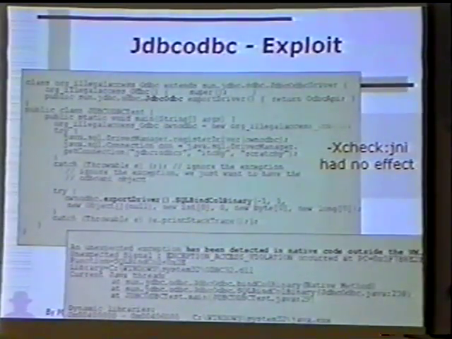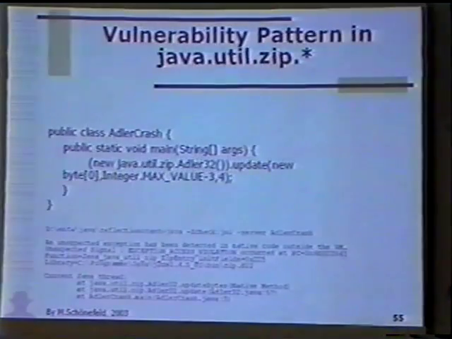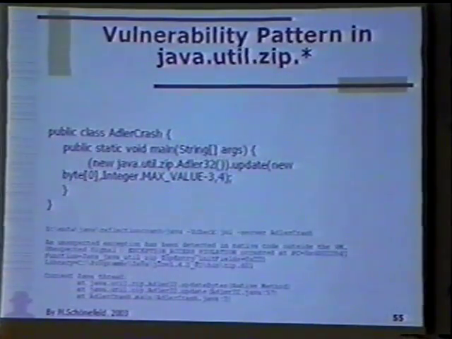And what is also not very nice is that the xcheck JNI parameter had no effect. It should somehow protect you against invalid parameters, but obviously it's not implemented in all calls to the JVM. Yeah, and these were all in an unsupported interface of Sun, of Java, but there are also vulnerabilities in the official interface, for example in the Adler32 object, where you can create some overflow scenario, and the overflow leads to some JVM crash